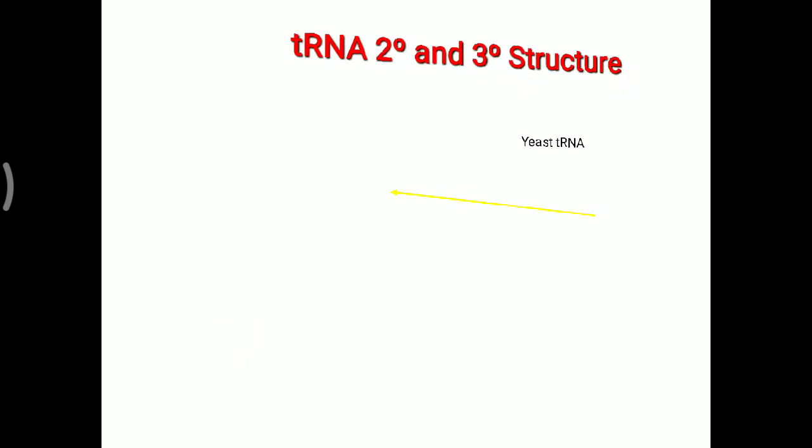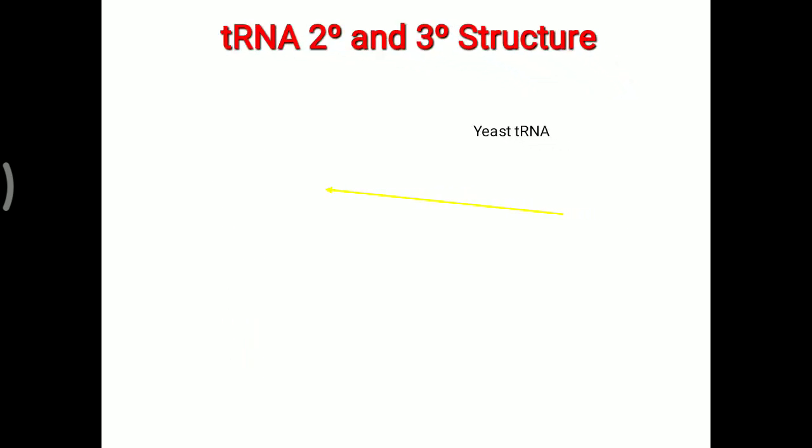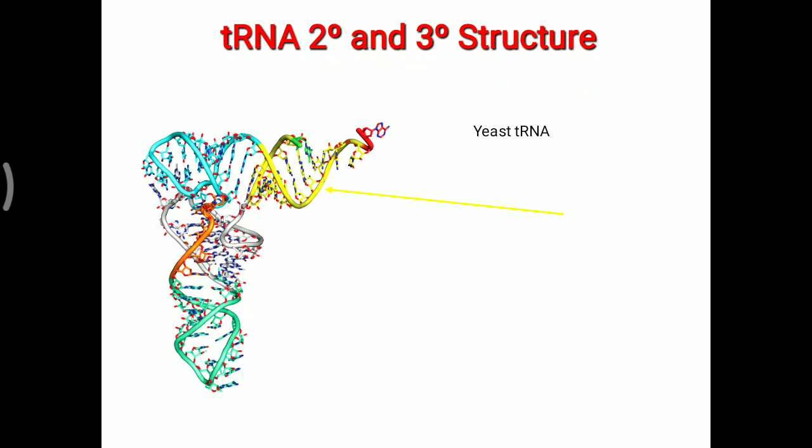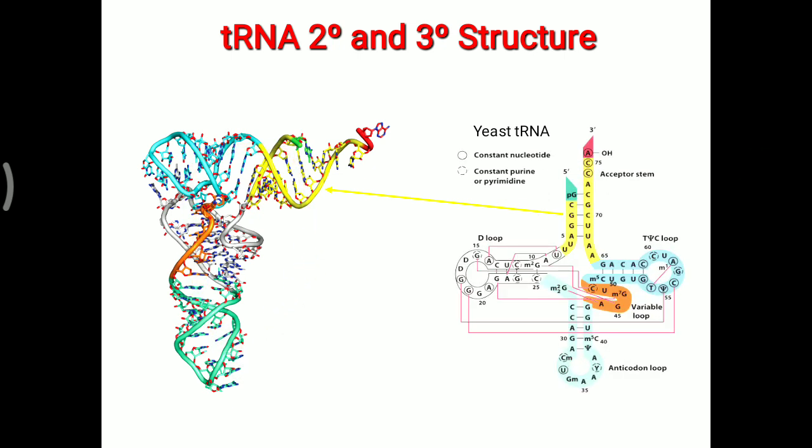Now, here the tRNA secondary and tertiary structure is shown. In particular, this one is a tertiary structure and side by side there is a secondary structure. Here an example of yeast tRNA is given. Now there is a comparison of these different tertiary and secondary structures. The yellow color is compared with the secondary and tertiary structure. Next, that is the 3' end.